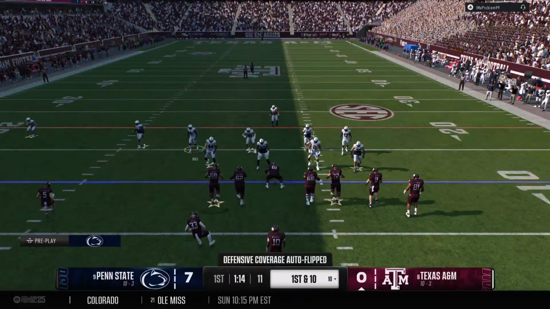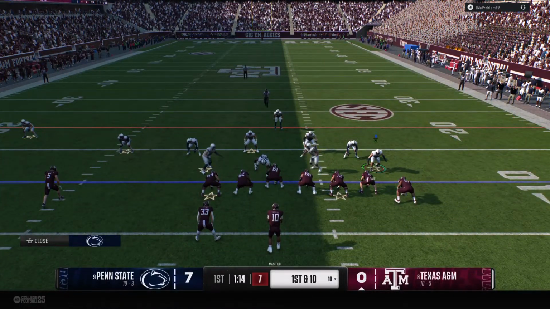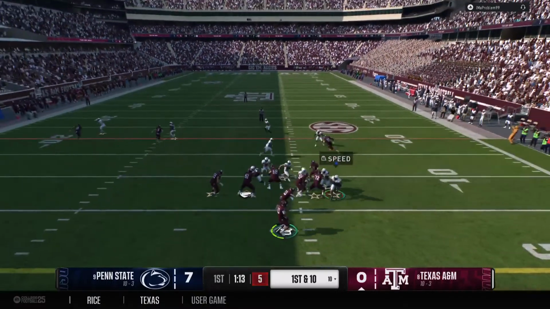And the Texas A&M offense heads back out onto the field. They had some good things going on the last drive, but it ended suddenly with the pick. Let's see what they can do here.